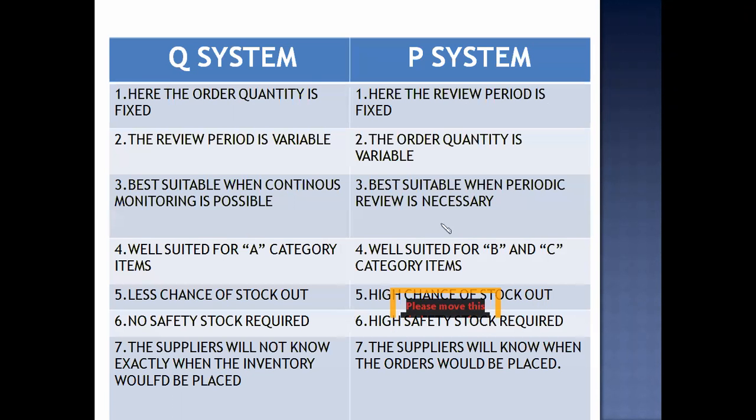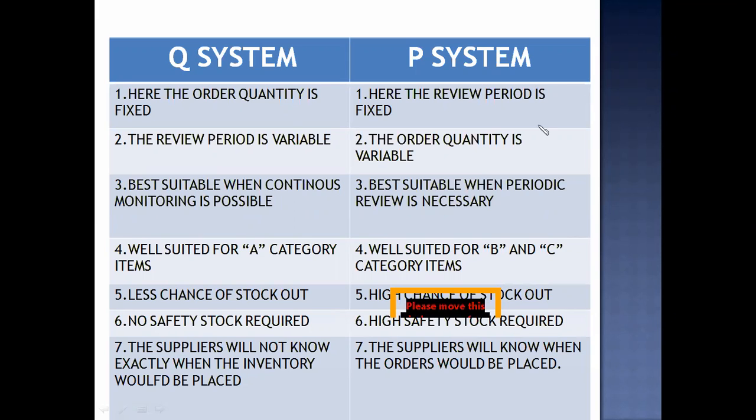We will see here Q and P system. Here first one, quantity mean the order quantity is fixed. Period mean review period is fixed. Order quantity means every time same quantity only we can order. Here the period of ordering, the time or the day or the date, that period is important. Then रिव्यू पीरियड इज वेरिएबल. इन क्यू सिस्टम रिव्यू पीरियड इज वेरिएबल, मतलब वहां पे डेज या डेट्स का कुछ प्रॉब्लम नहीं है. It can be changed. आज भी मैं ऑर्डर प्लेस कर सकते हैं, कल भी प्लेस कर सकते हैं, परसों भी प्लेस कर सकते हैं, बट एवरी टाइम द क्वांटिटी शुड बी द सेम.